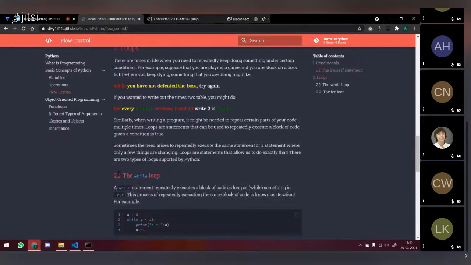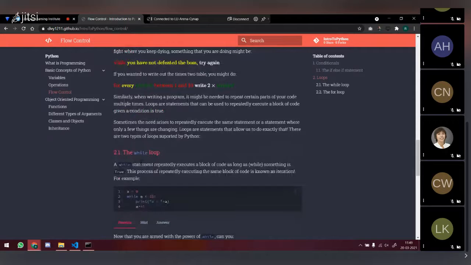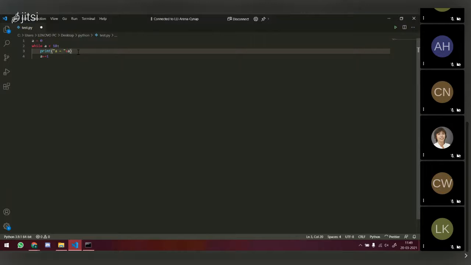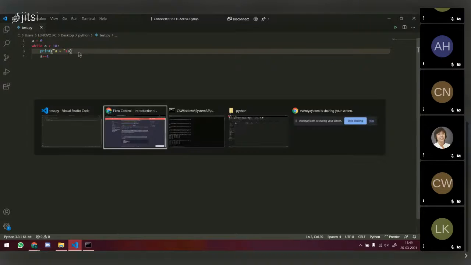The while loop basically repeatedly executes a block of code as long as a condition is true. So it's literally, while something is true, then it'll execute the instructions inside. For this one, while A is less than 10, it'll keep running the code. What will happen is it'll print the value of A, then it'll add 1 to A, and it'll do that until A becomes 10. So if I run this,